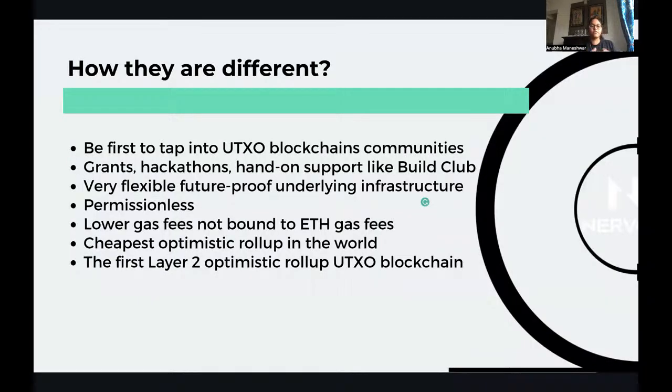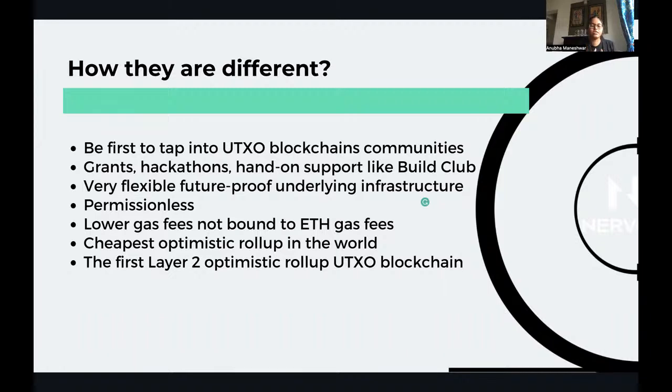Although, even if we are providing all of this, you might wonder that the prices or the gas fees and all of that will be equivalent to ETH or any of the top blockchains, because so many things we are providing in a package. But the gas fees is lower. And if I tell you, this is the cheapest optimistic rollup in the world, not kidding.